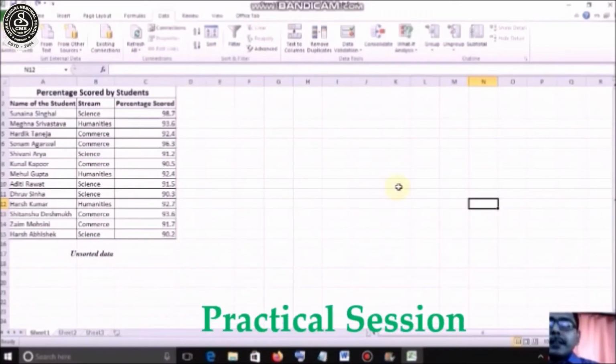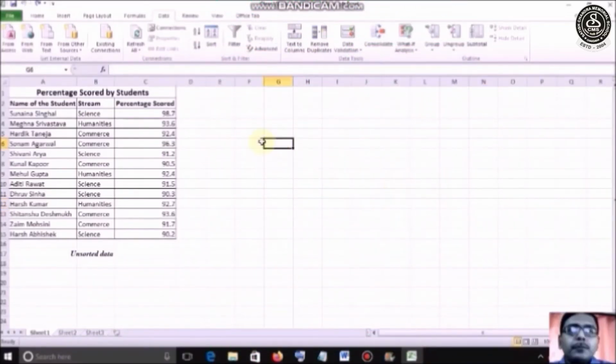Now let us see practically what we have learned today. Filtering. To filter the data, you have to put the cursor or the mouse pointer on any column heading. Let's put it here on the stream. Again, you have to click on the data tab, and in the sort and filter group under the data tab, click on the filter option.